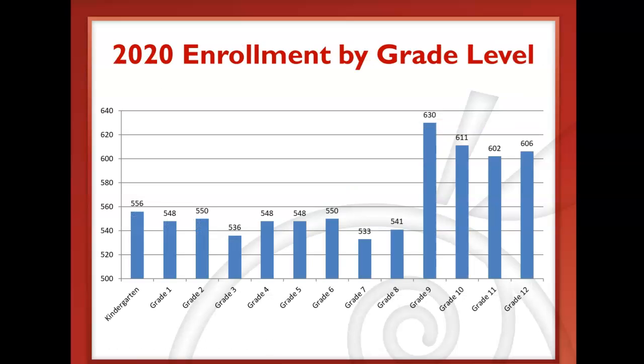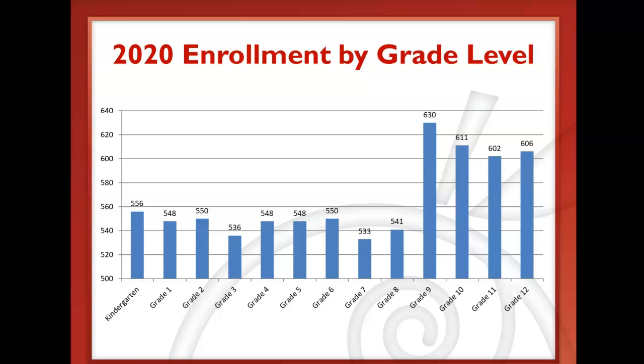This provides our enrollment by grade level. We saw that our biggest changes were at elementary, especially at our kindergarten and first grades. We found our K enrollment was down about 30 students from the past year, and first grade was down about 17 students. Our middle level grades were down a bit as well. We had a large 8th grade class that this year moved on into the large 9th grade class, so you can see that reflected there. And our 9 through 12 numbers are very similar to the previous year.